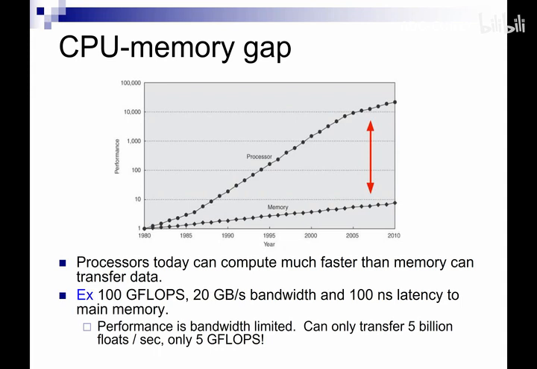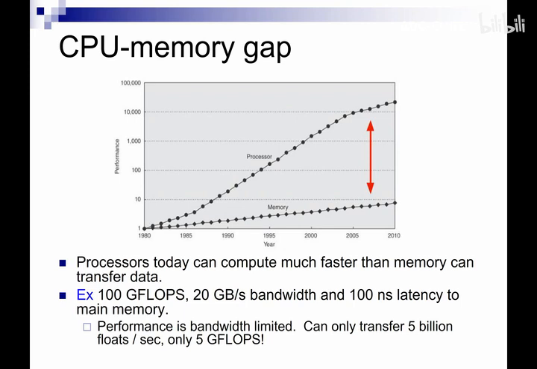And this can have a major detrimental effect on your performance. Okay, so for example, suppose you have a processor which can do 100 gigaflops of computational performance. However, your memory bandwidth is only 20 gigabytes per second. Let's say you have a latency of 100 nanoseconds. Now, because you have 20 gigabytes per second of bandwidth, right, then